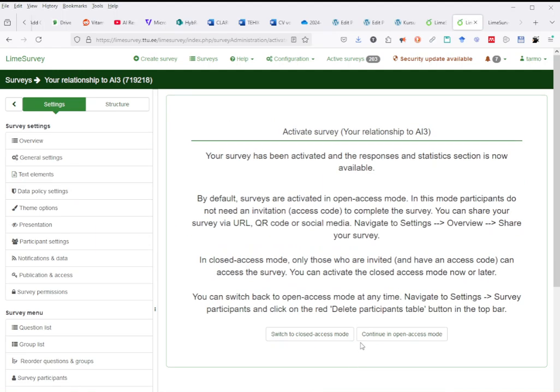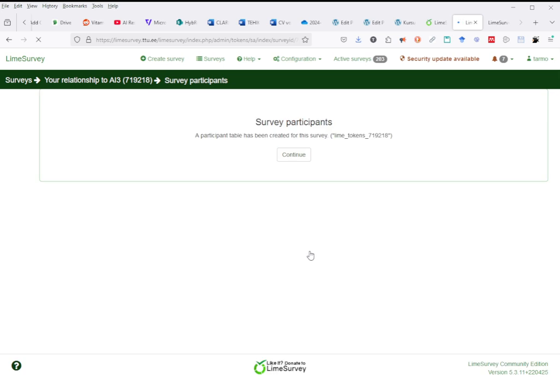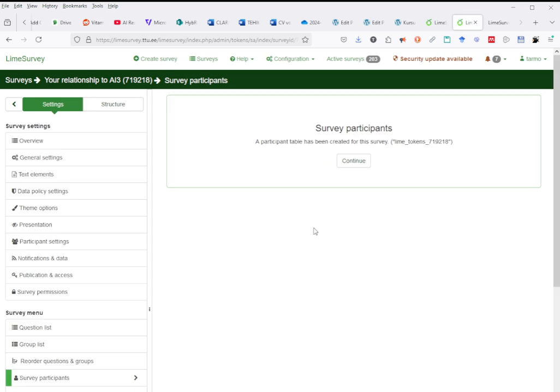And now we are asked whether we would like to have an open access survey or a closed access survey. So we go with closed access survey. And we are asked again, are we sure? Yes, we want to have closed access mode. So this second question was to make sure that we are certain with our choice,